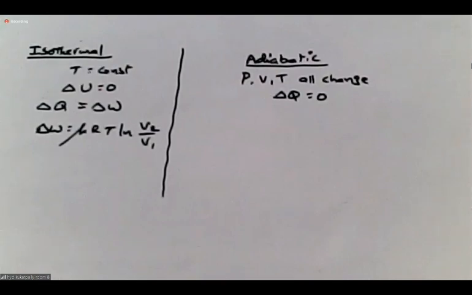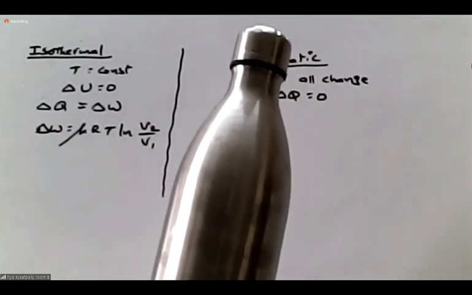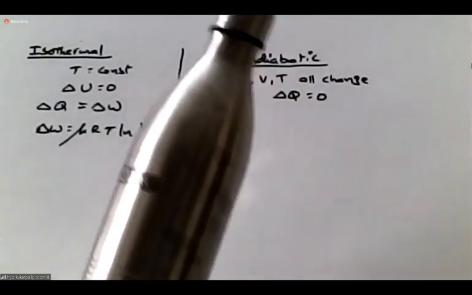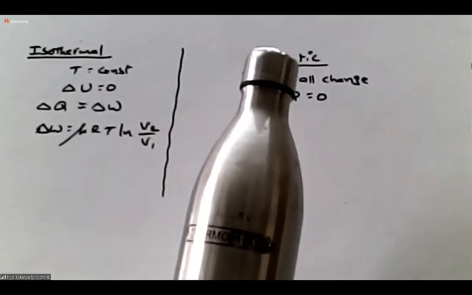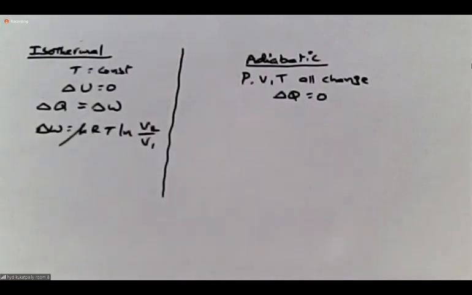What is the example? Coffee flask, thermos flask is an example. Your water bottle is an example. If you pour water in this bottle, for 24 hours it remains hot. So it is a heat insulator. Neither heat is allowed to go outside the bottle, nor is heat from outside allowed to enter into it, at least for 24 hours. Adiabat is a Greek word, it represents heat insulating. Adiabatic process means delta Q is 0.